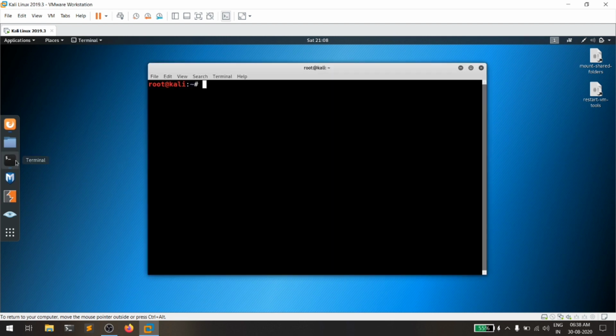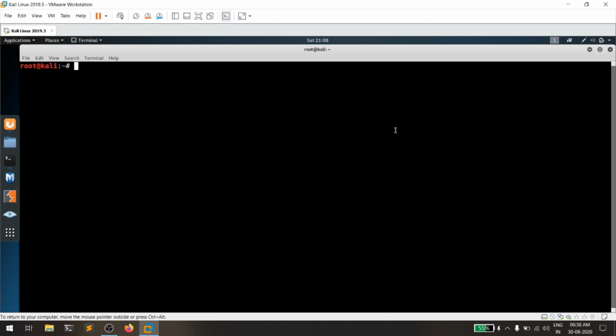So let me open my terminal. If you don't know what a password hash is, suppose you have the password "password" for your machine. If your operating system simply stores this in a particular location without encrypting it, then when any hacker or unauthorized person is given access to your system, he can simply go to that location, copy the unencrypted password, and use it for multiple purposes, like SSH and stuff like that.